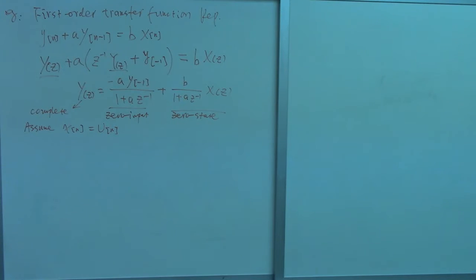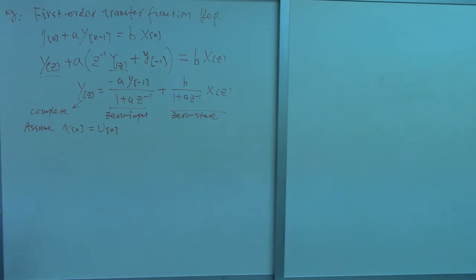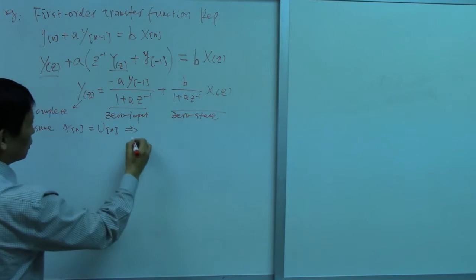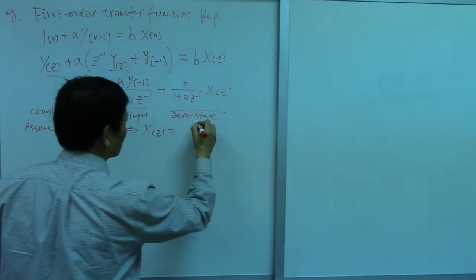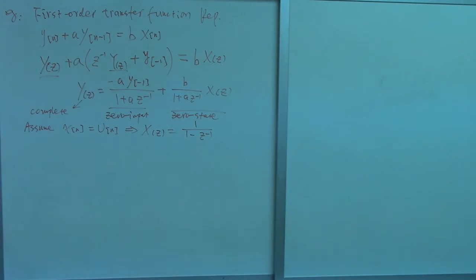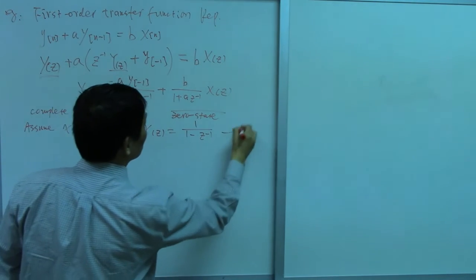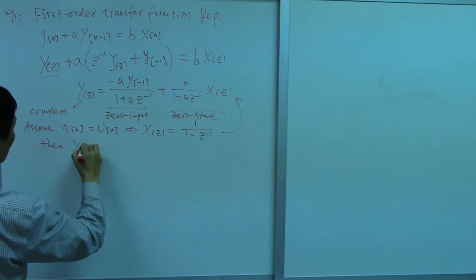If I just said, what is the unit step response, you know this x[n] will be u[n]. So what is this? From here we know X(z) will be, what is the z transform of a unit step? Memorize this. That one will be equal to 1 over 1 minus z to the negative 1. Now we plug this term into here, and we have Y(z) equals